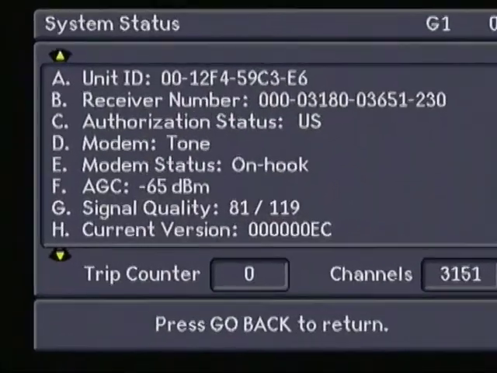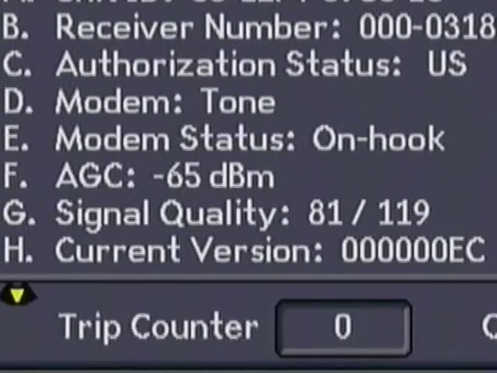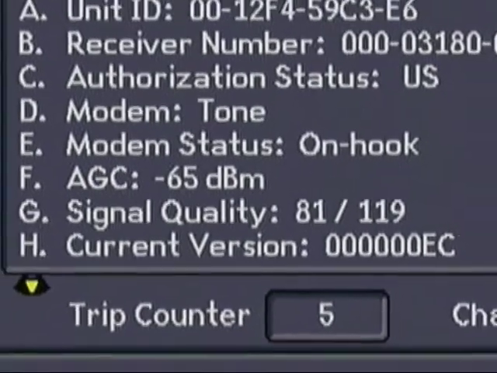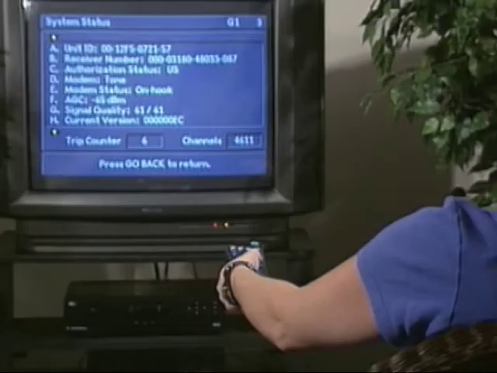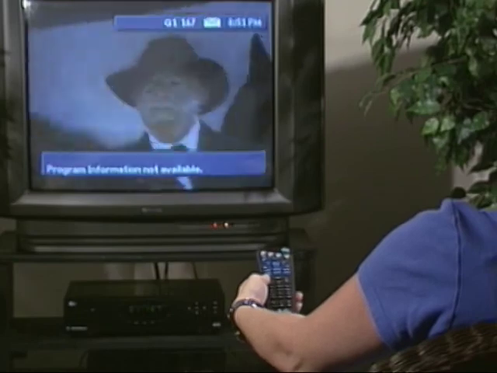And send a hit to the satellite. The trip counter will increase by 5 numbers, indicating the satellite has been authorized to receive programming. The clock time should be correct, and free digital channels and subscription channels on G1 should now display a picture. At this point, your NPS agent will end the call, and you will be able to program in the remainder